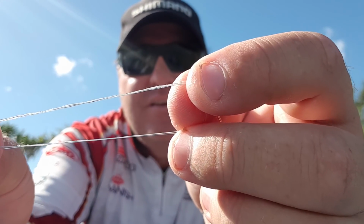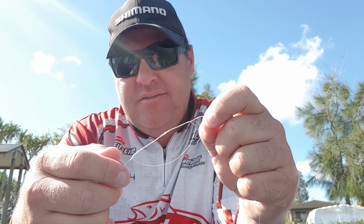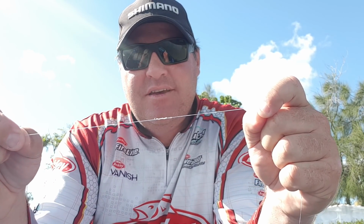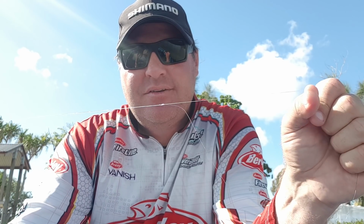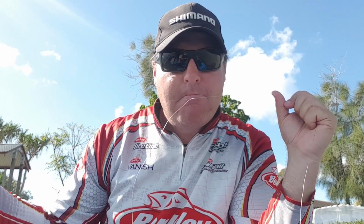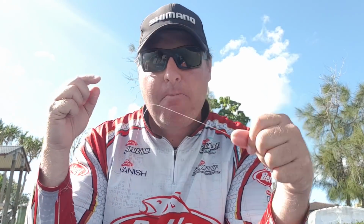It's basically all through. So here you got your tag of your leader and you got your braid, so you grab them two, bit of loop, got your leader here, got your tag to your braid. You basically pull them together, as you can see, and it comes in nice and tight. Usually grab this leader tag here, bit of a yank, grab your braid tag, bit of a yank,